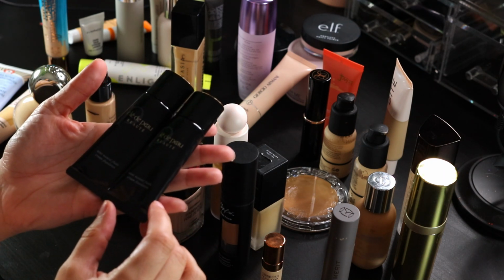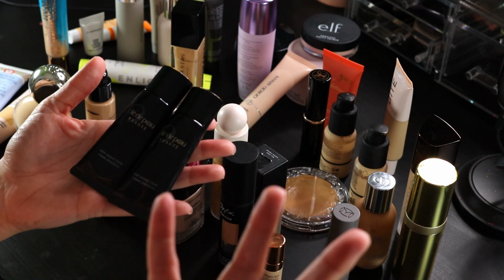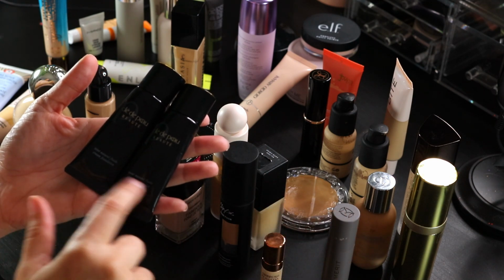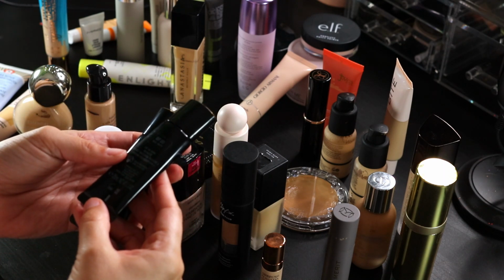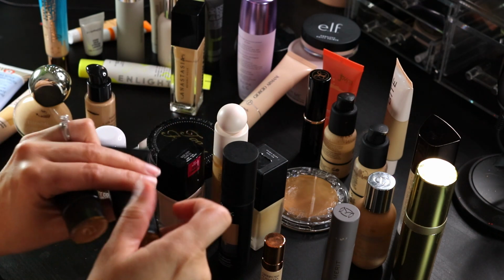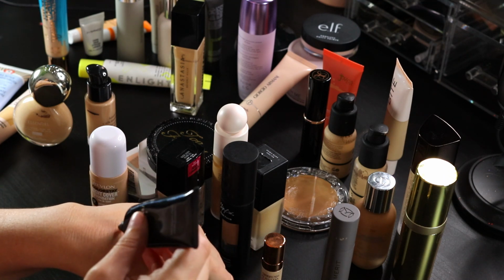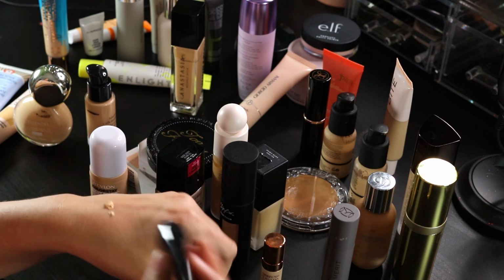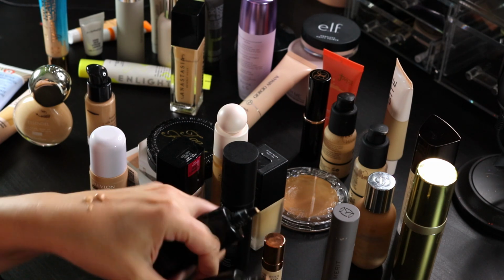This is their, oh God, I never know how to say this word, Teint Naturel Fluide Cream Foundation. I don't know if that's the full word or if I just read the French and then the English. I have no idea. But at any rate, this is BF20 and then B20. They are slightly different in terms of their undertone. I found these at, I don't know, Winners or Marshalls, one of the two, and they were basically next to nothing,